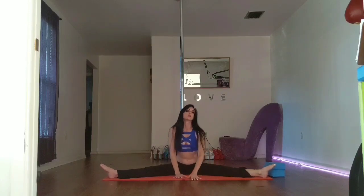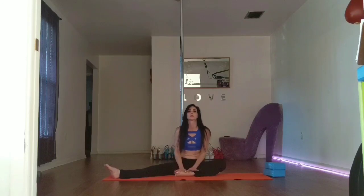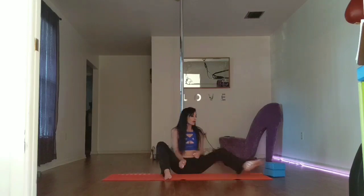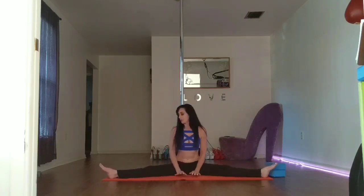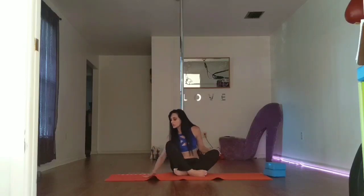And release. You do not have to do all of these stretches to the extreme. You don't have to go all the way down for it to be effective, especially if you're feeling it. If you're right here, if you're even here and here and you're feeling it, then it's effective. It's a good stretch, okay? All of these stretches will help you